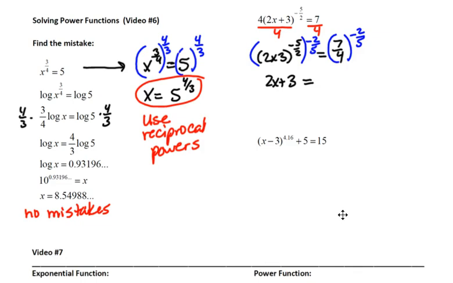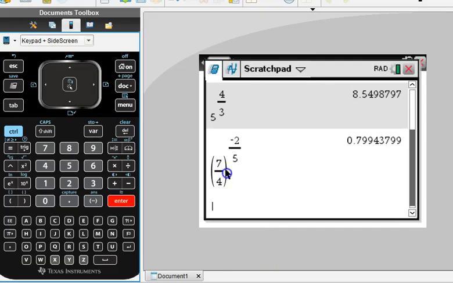So let me write that down. 0.799438, and so on. Okay, then I just need to subtract 3 and divide by 2. So 2x is equal to 0.799438 minus 3. Okay, so if I do minus 3 on the calculator,